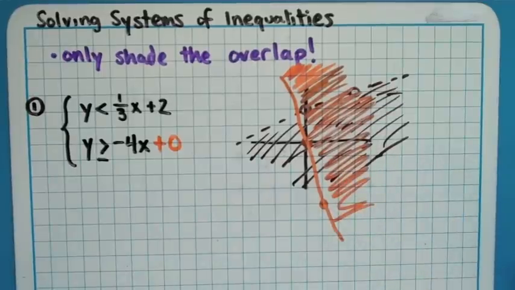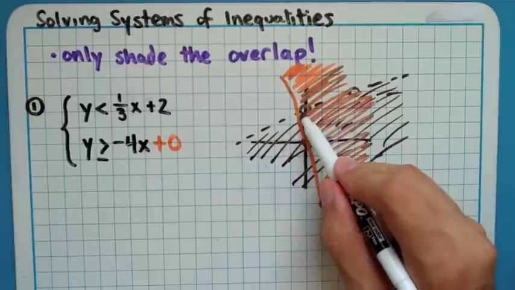So I shaded each one separately. There's really nothing new there. I just kind of did what we've done in the past. But you'll notice that there is some overlap in my shading. Certain parts only got shaded once, but this region in here,